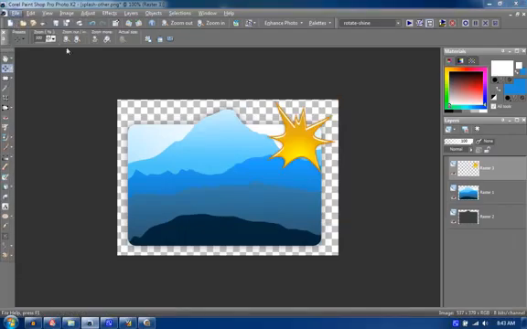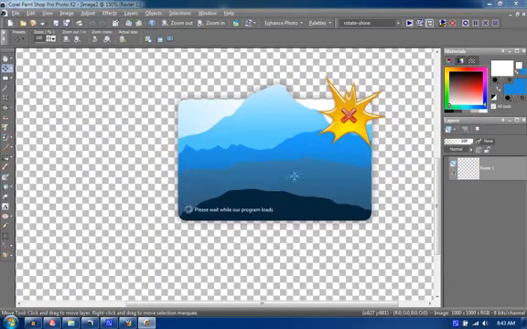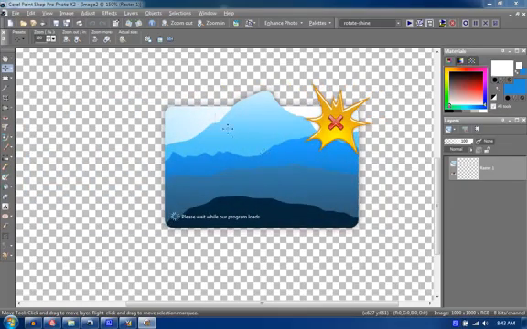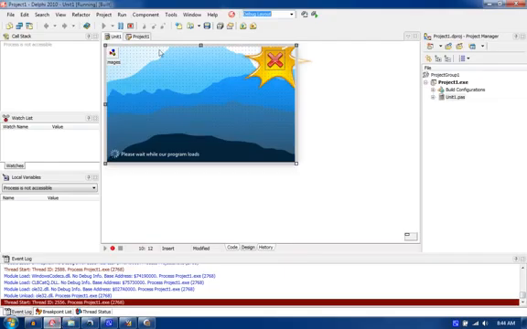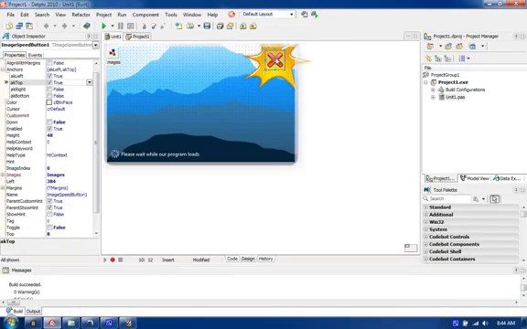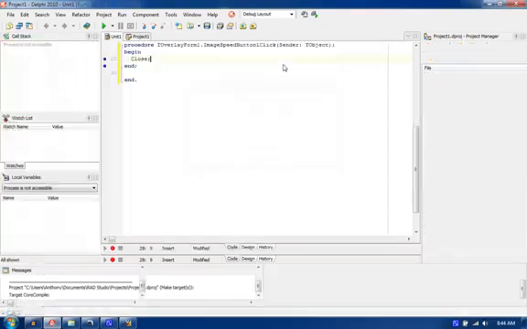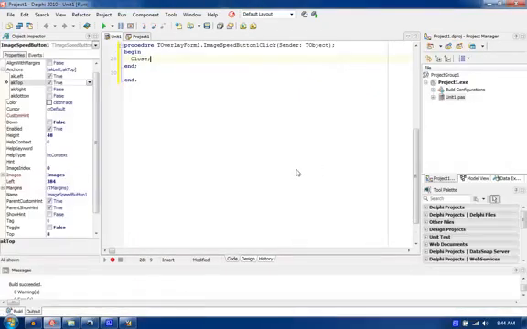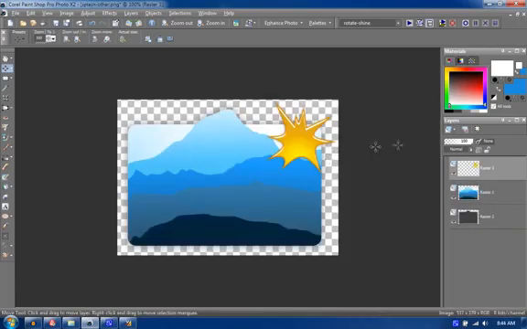Just get a big checkerboard pattern here to put it on top of. And there you go. Wait. Forgot to put our close handler here. There we go. Okay, let's look at modifying this image and just putting something else here to show you how